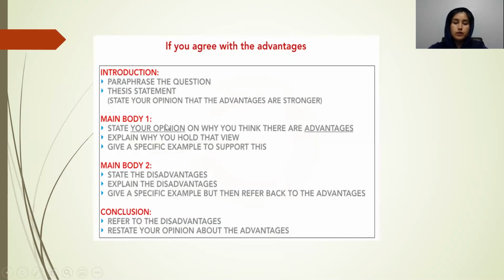Okay, so for that one, the structure will be that you state your opinion on why you think there are advantages. So you say, why do you think these advantages are there? Like, how do they work? And then explain why you hold that view. You should also explain why you think that way. And then give a specific example to support this. So you just give an example